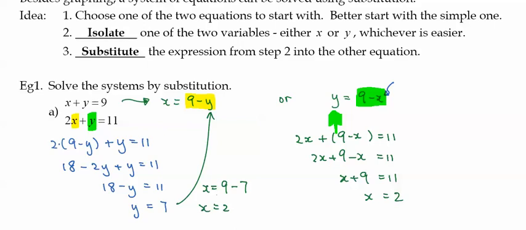Or let's say I decide to use the second method for my substitution, I can now substitute this number back into what I came up with, and with 9 minus x, we have y equals 7. So both of them will give us the